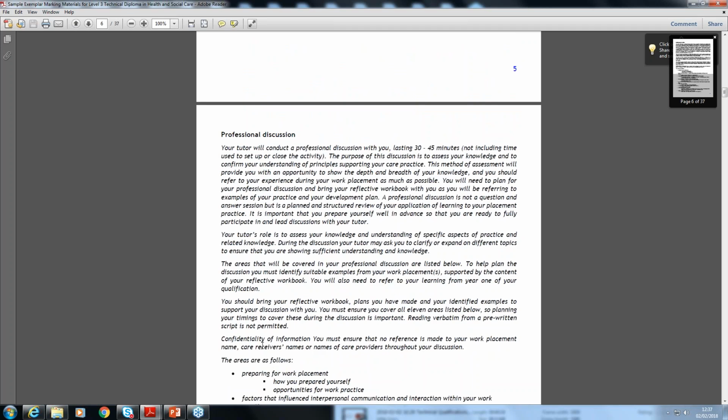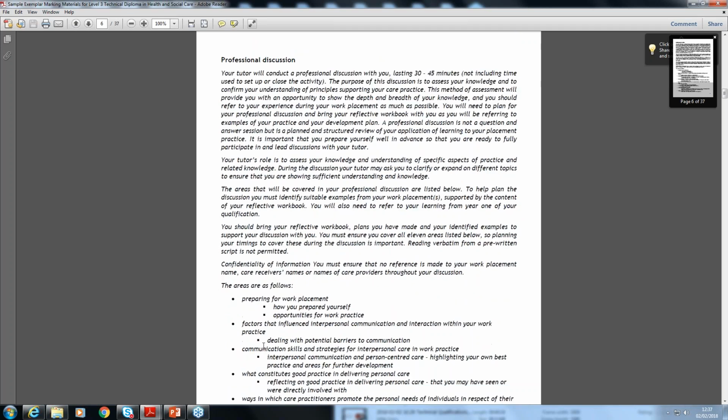The fourth part of their assignment was to complete a professional discussion, and what we have here is the information that the learner would need to be given prior to the professional discussion, so they knew exactly what topics were going to be brought out, but also how they should plan for it.